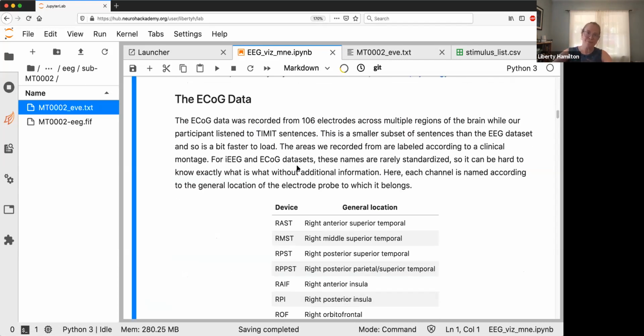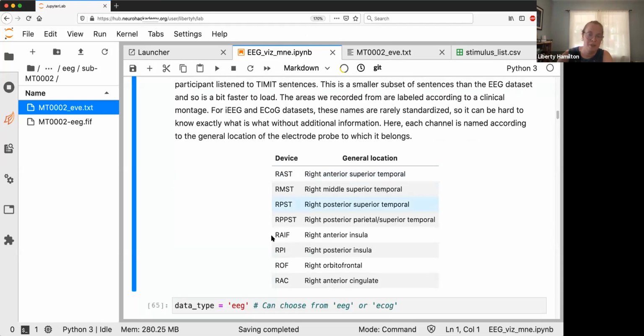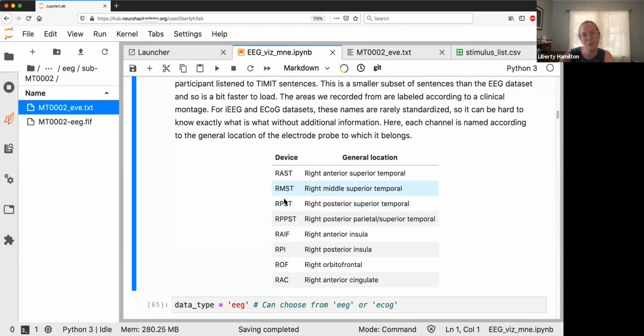So our ECoG data was recorded from 106 electrodes, across multiple regions of the brain, while our participant was listening to TIMIT sentences. This is a smaller data set than the EEG data, so it's faster to load. And we recorded a number of different areas that are labeled in the file according to